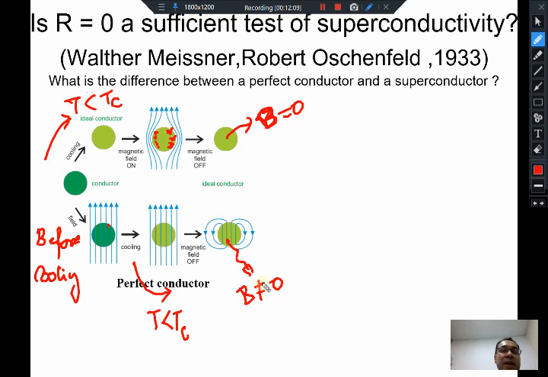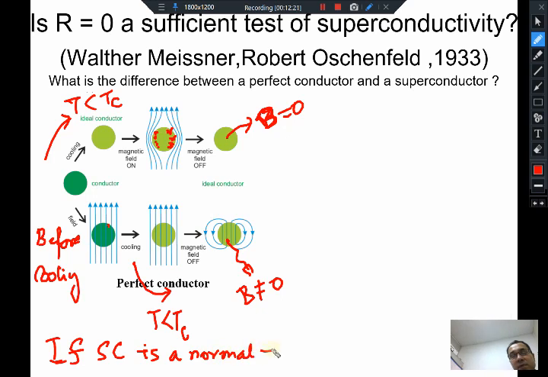So you can see that if superconductivity is a normal to ideal conductor transformation, then depending on how you have cooled the material and applied the magnetic field, you reach different states.